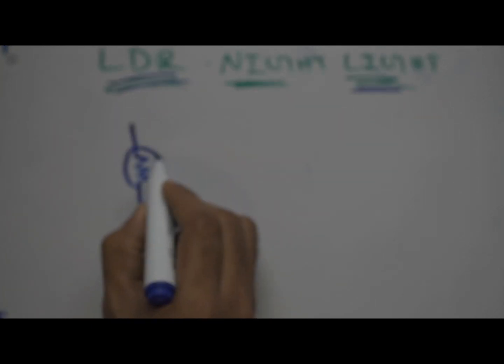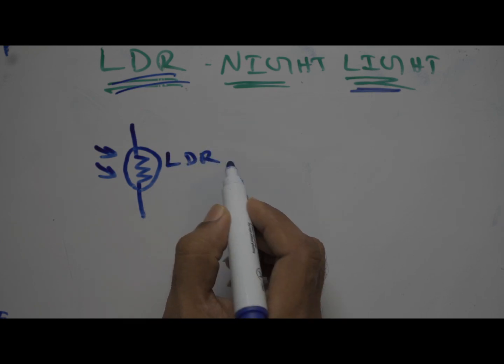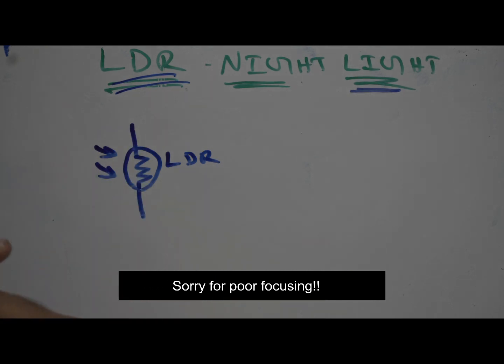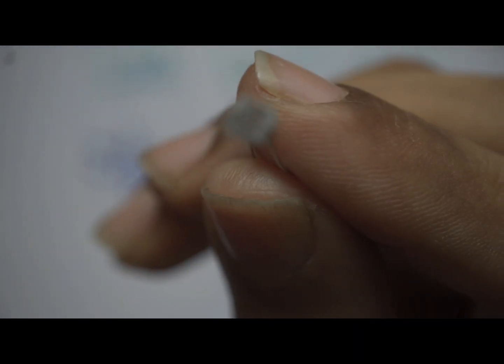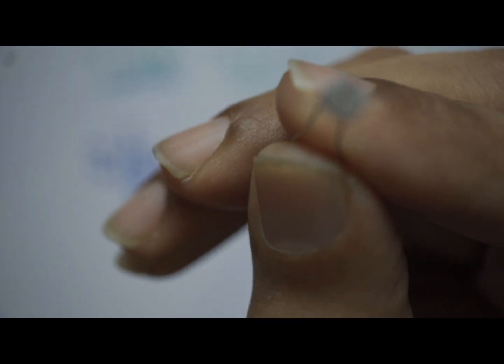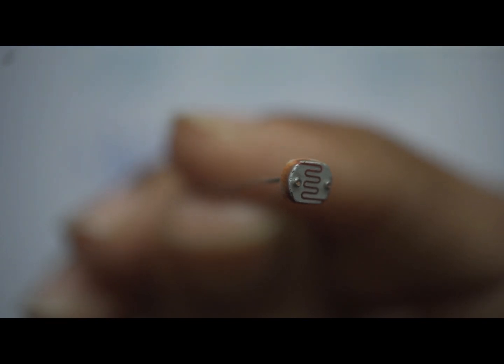So the resistance varies according to the light falling on it. This is the basic symbol of an LDR component. And for those who have not seen, LDR will look something like this. Hope you can see it. So this is the basic LDR. Let me zoom in a bit. Hope you guys can see it properly. Here you go. This is LDR,